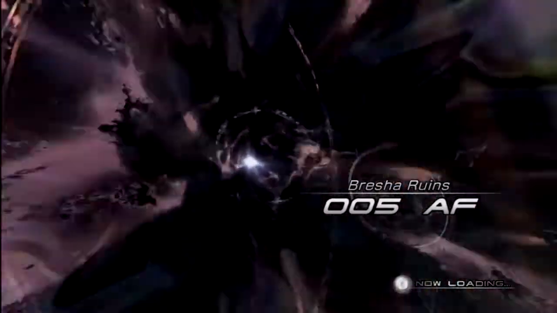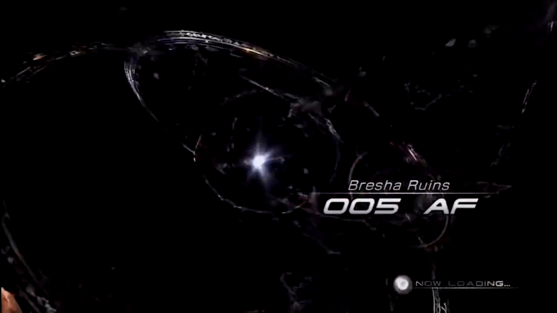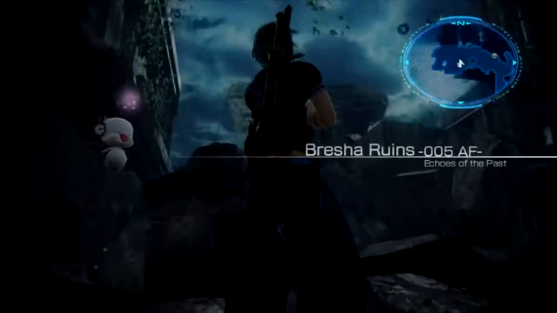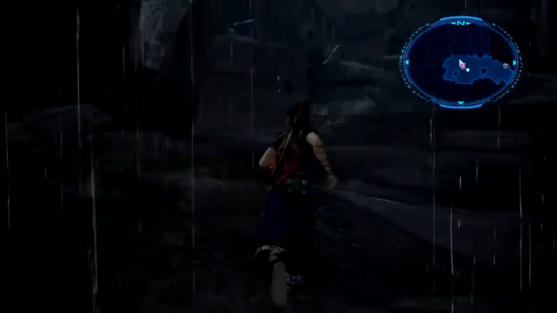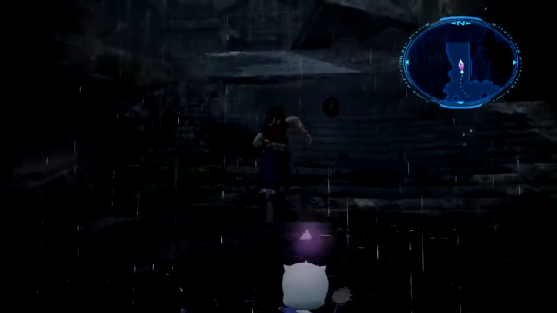So we're going back into Brescia Ruins 5AF, and we're going to be exploring deeper into the Echoes of Time area, and this is the main portion of Brescia Ruins. It is undoubtedly the biggest part of the map, and it allows you to find the 2 side quests that are available in Brescia Ruins 5AF, and they are Unio Mystica and the Ghast fragment. They're pretty much the first ones you're able to get, and we also recover an important ability coming up,